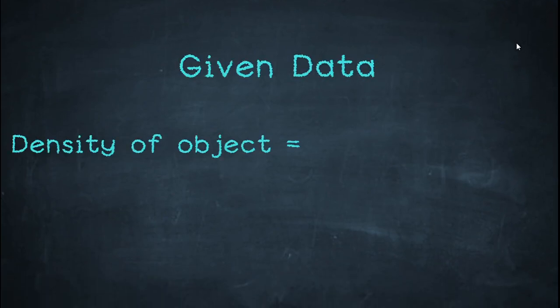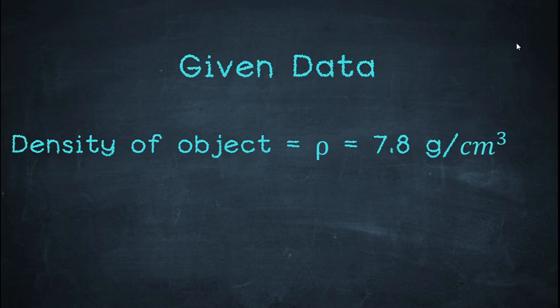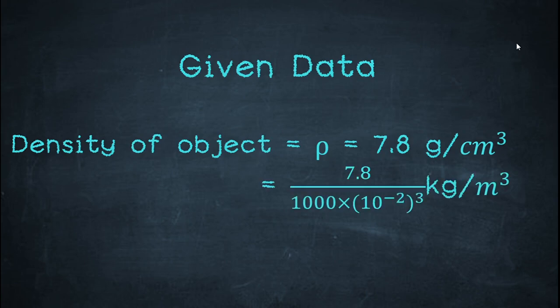So the given data is density of object, which is represented by rho, is equal to 7.8 gram per centimeter cube. It's given in gram per centimeter cube. We have to convert it into kilogram per meter cube, which is the SI unit. For that, we will divide by 1000 to convert gram into kilograms, and in place of centi we will write 10 raised to the power minus 2, and as you know here it is centimeter cube, so we will take the power 3 in order to convert all the 3 centimeters into meter. So calculating the result, we will have 7800 kilogram per